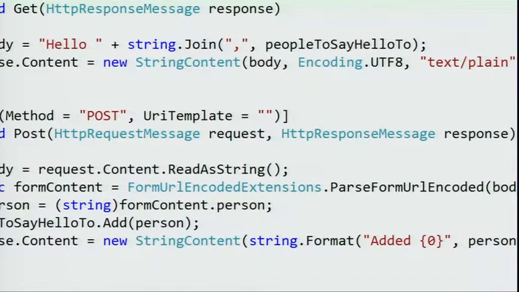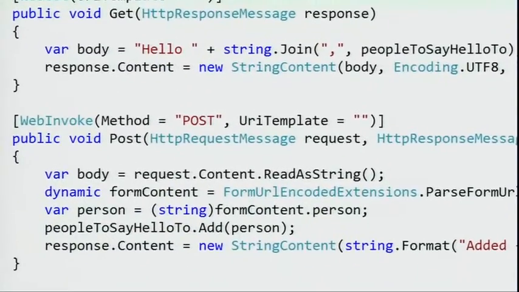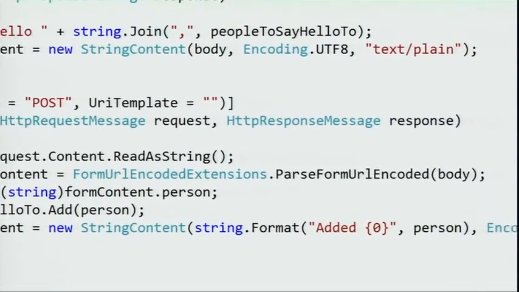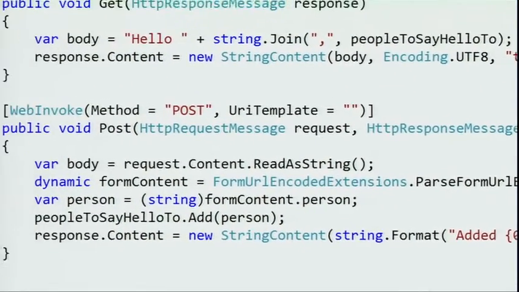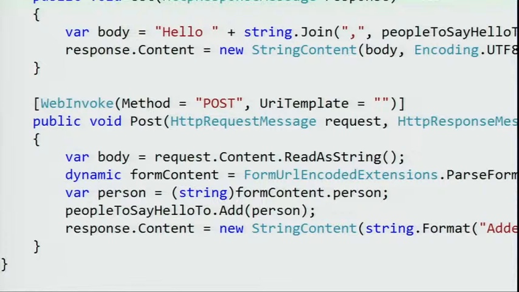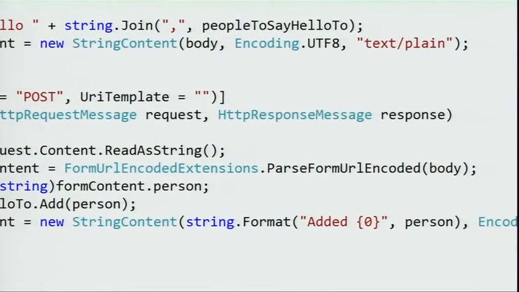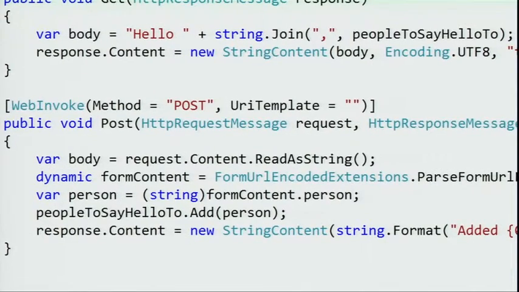That means in a unit test, I can create those. I can test them, no problem. But it's also intuitive in the sense that I just know to get these types, which are discoverable, and I work with them. So if you look at what I'm doing here, I'm grabbing the body and I'm reading it in as a string. And then we have this new type that we're introducing for working, in a loosely typed way, with JSON or with form URL encoded content. We call it JSON value. And you can see here that I'm using this extension method, form URL encoded extensions, and I'm calling parse form URL encoded, passing in the body. And then I'm getting some content back.